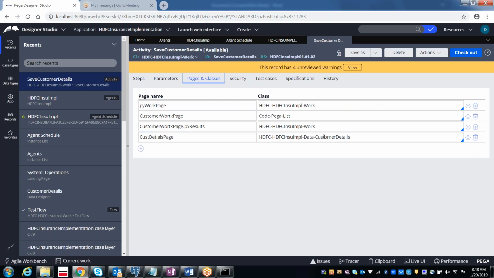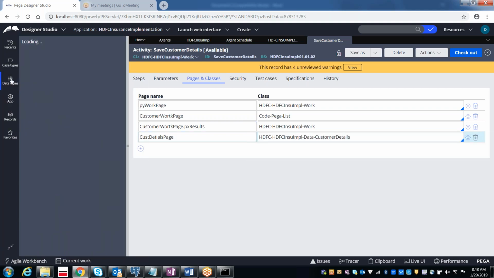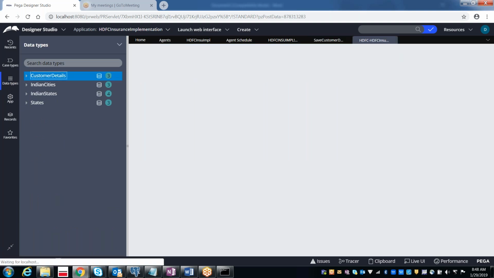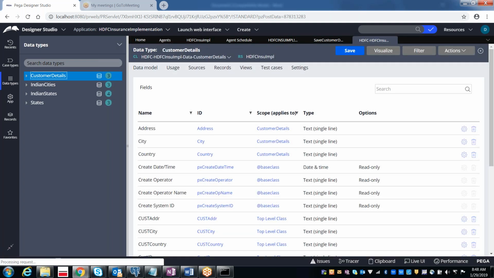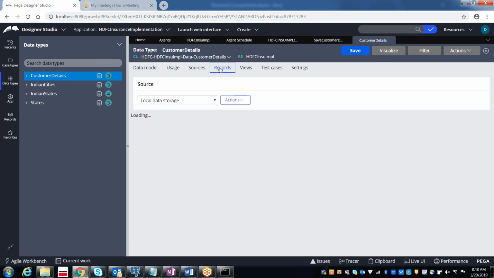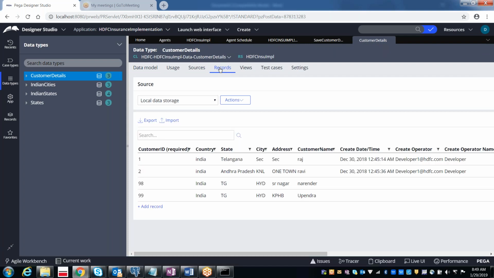One is for storing the data in the customer details data type. Yesterday I showed you the data type for the customer details. Right now we have around 4 customer details available in the customer details data type.